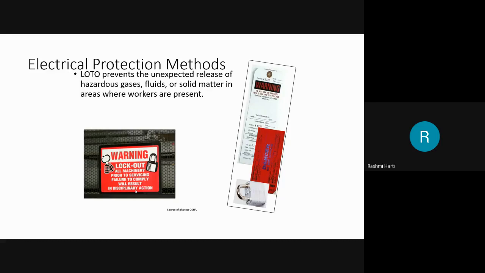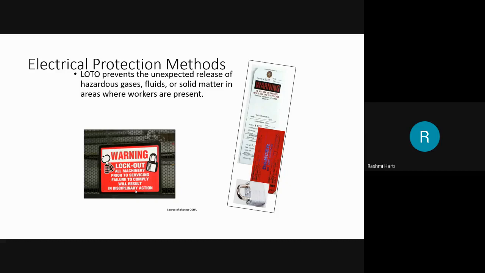The following checklist has to be used. Okay, so what is that checklist? Identify all sources of electrical energy for the equipment or circuits in question. Disable backup energy sources such as generators and batteries. Identify all shutoffs for each energy source. Notify all personnel that equipment and circuitry must be shut off, locked off, or tagged off.